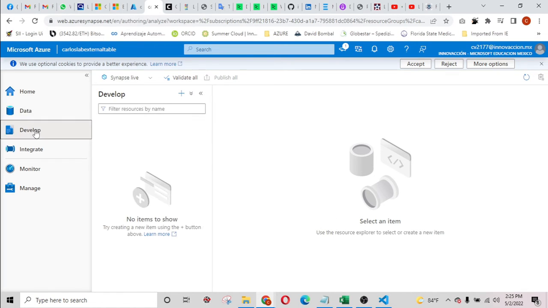Here in the develop tab you can create a script, a SQL script,